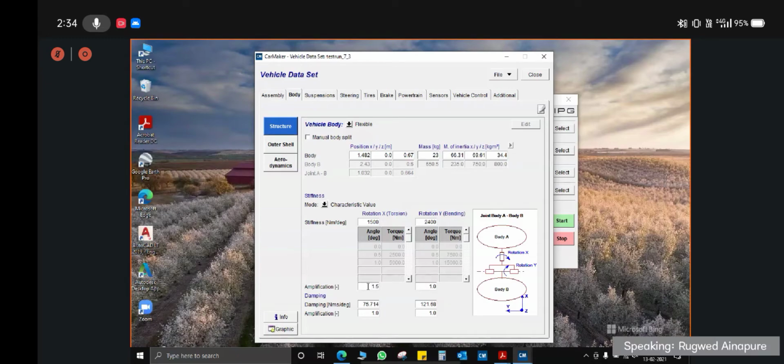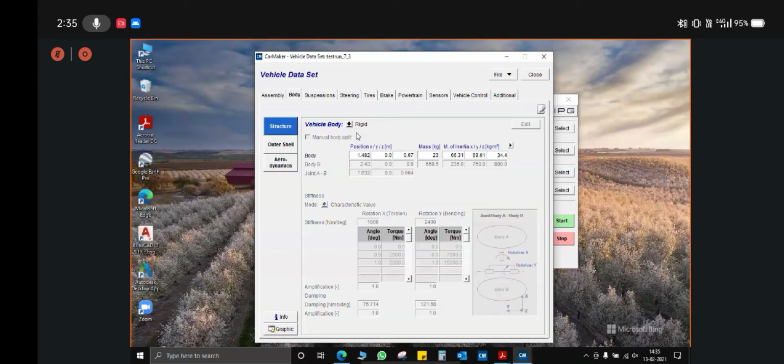But when you submit the actual final car file, after doing reverse engineering and coming to the optimum value, you have to put that particular optimum value here. Say for example, my optimum value is 1800, and you have to put the amplification as 1.2. That's it. So amplification can be used for reverse engineering and finding out the optimum values. Okay, see, here also amplification is there.